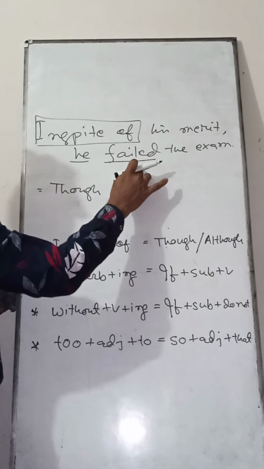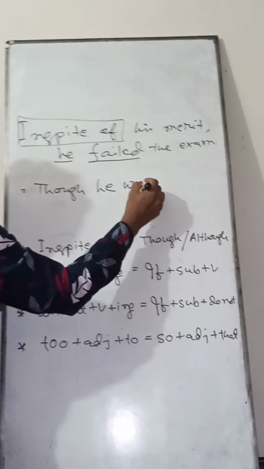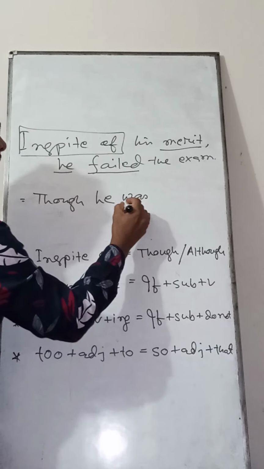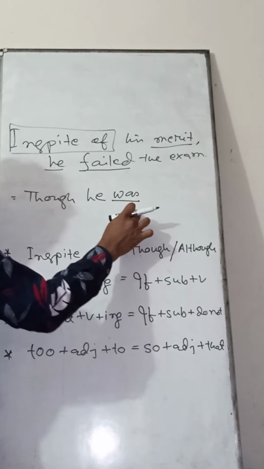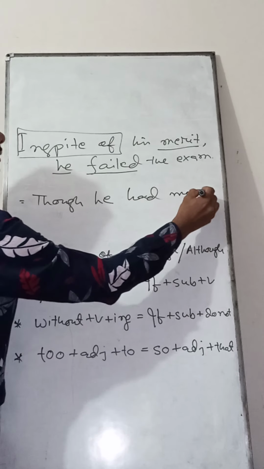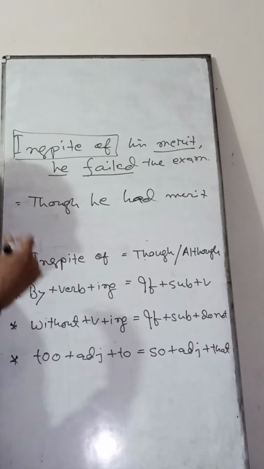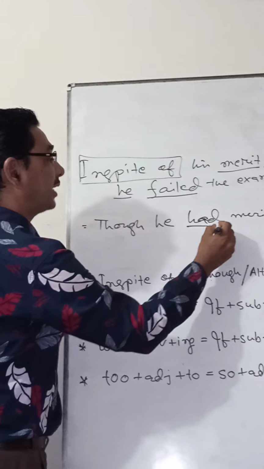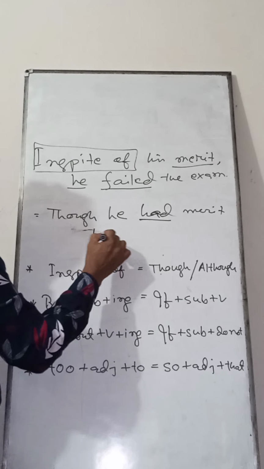And if you find present tense here, you have to write down am, is, are according to the subject. Though he was meritorious. If you add was, you have to write meritorious. Okay, and if you have had, though he had merit, because he had merit, he has merit, he is meritorious. So you have to add past tense here. Okay, though he had merit, he failed